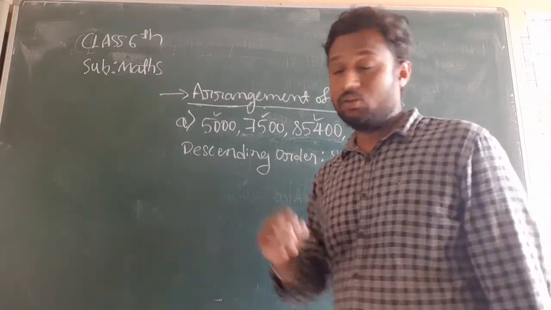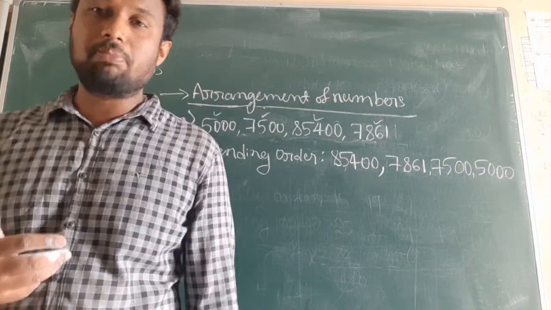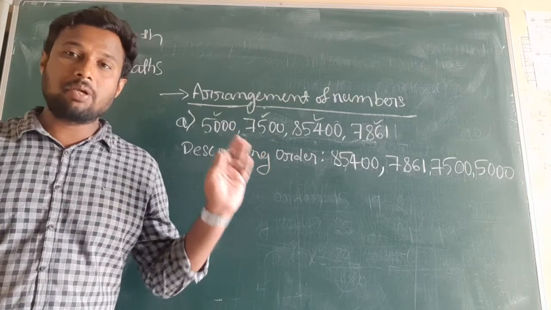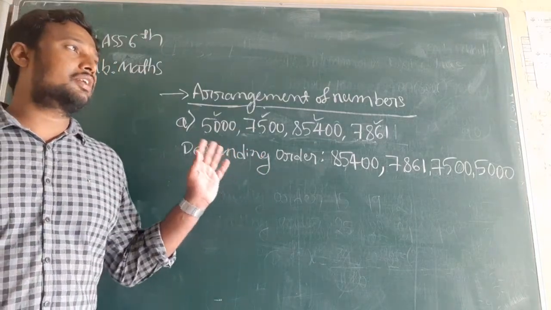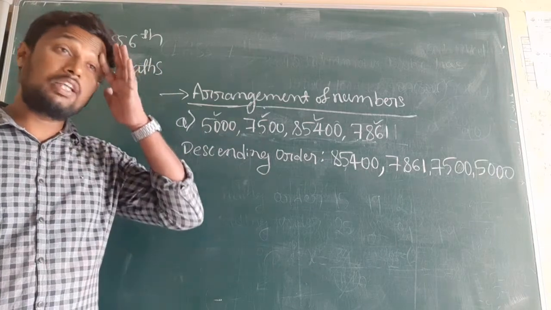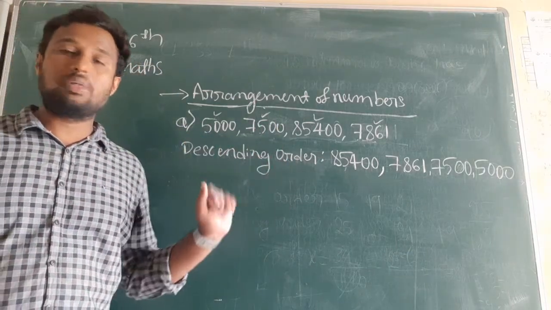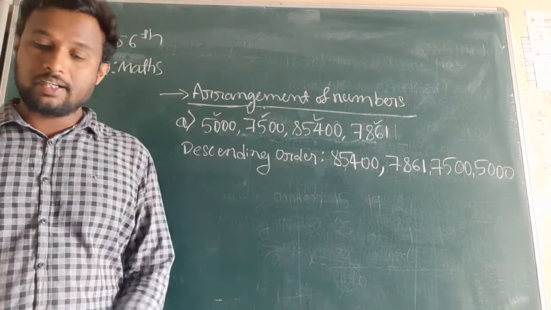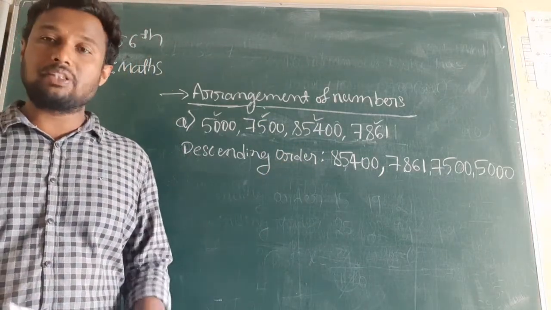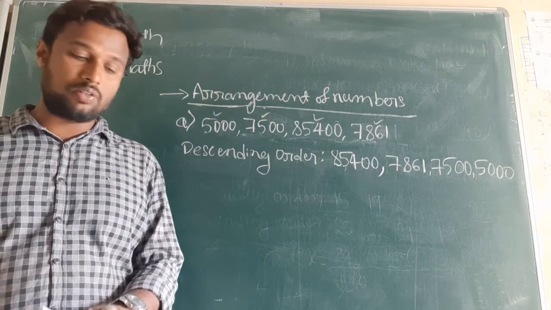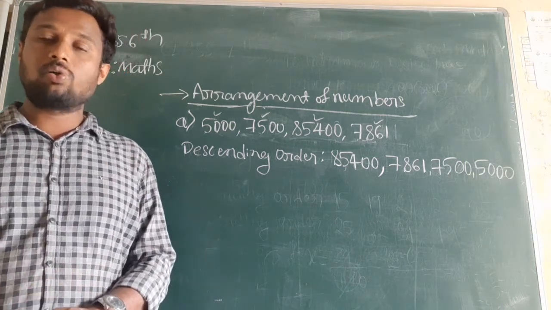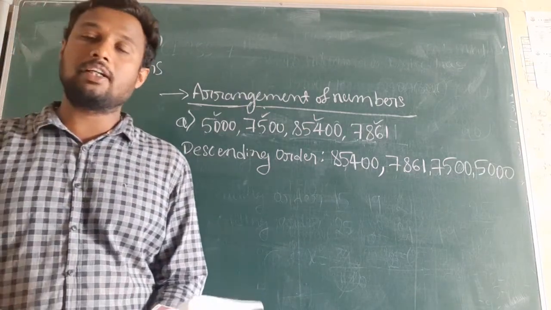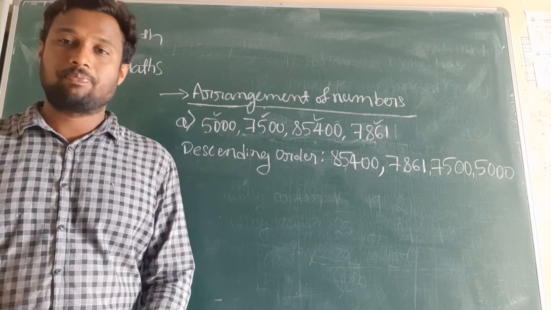Okay? This is how you have to compare numbers and write numbers in ascending order and descending order. And remember that ascending order means smallest to greatest number, and descending order means greatest to smallest number. And try to solve 2 to 3 examples. Already 2 examples are given in the textbook on page number 5. Solve those problems. Next class I will continue with other concepts related to exercise 1.1. Okay, thank you.